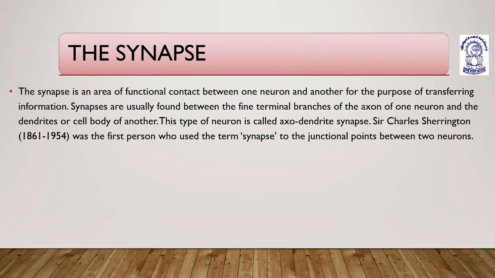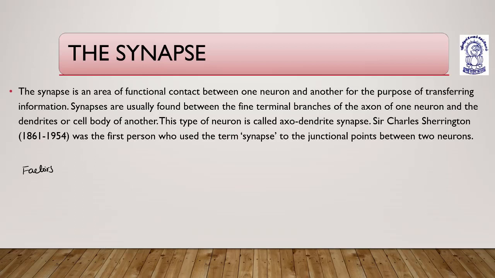Before moving to the synapse, I would like to add some more points. The speed of conduction is more in myelinated nerves, as you know. When we talk about the diameter of the axon, the larger the diameter of the axon, the more the speed of conduction. So, what are the factors